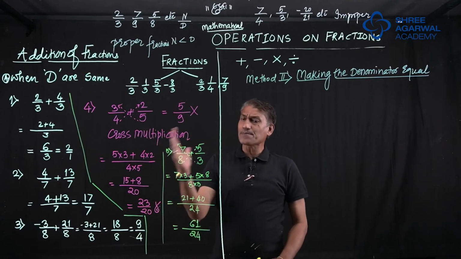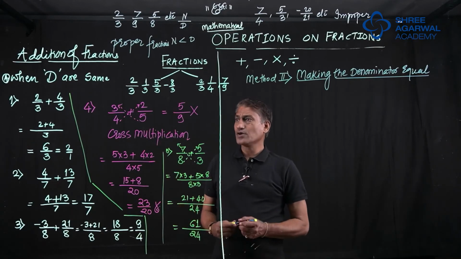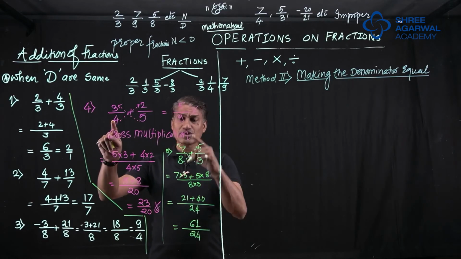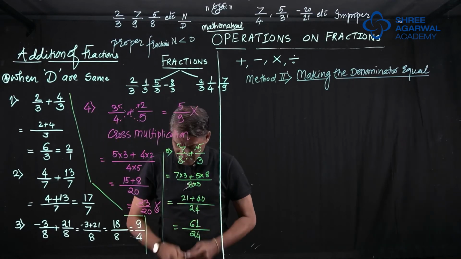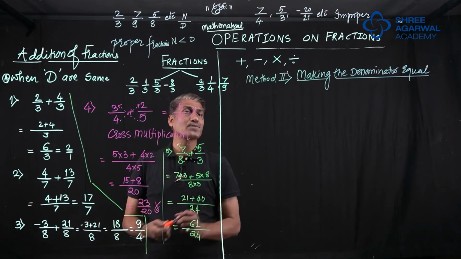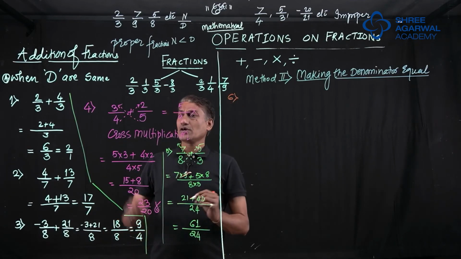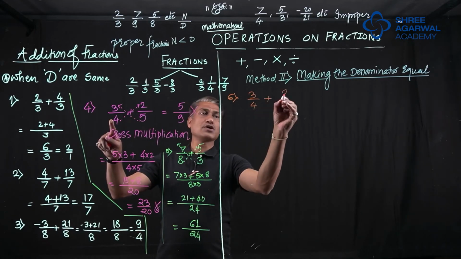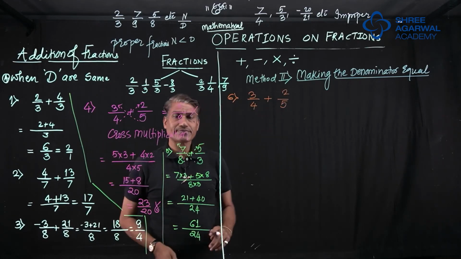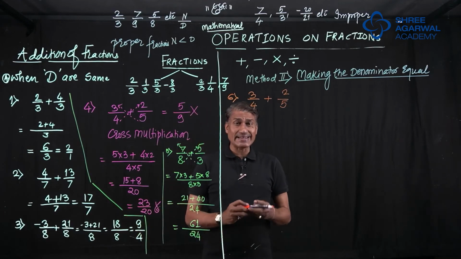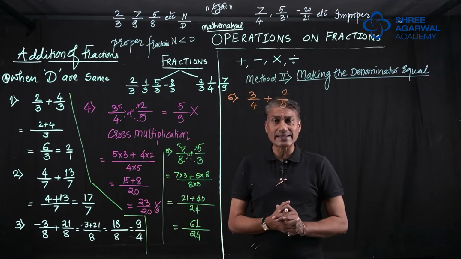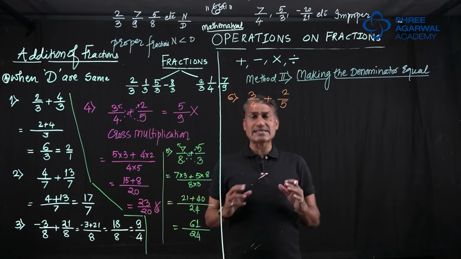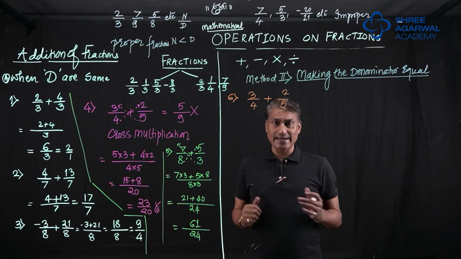We will take the same problem so that we understand them better. So this was fifth. I will take the sixth one. 3 upon 4 plus 2 upon 5. Well, this is slightly lengthy. This method is slightly lengthy. So I would recommend the other method, but sometimes this method is easy when numbers are like that.